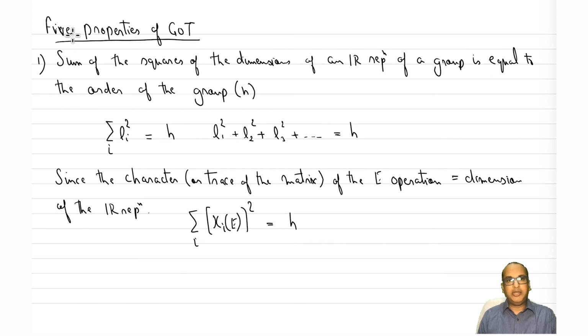So we will see the use of different properties, and we will not provide proof of all the properties because that is not in the scope. But for a couple of properties, I will provide proofs which are straightforward. The rest of the proofs you can find in different mathematical group theory books, but these proofs do not concern the applications of group theory to chemical applications, so that's why we are not including them here. So let's look at the second property.